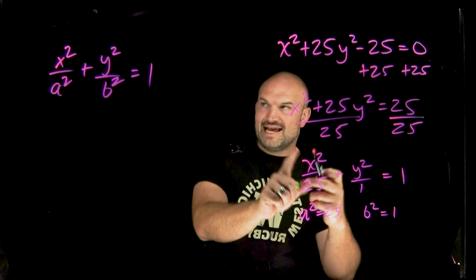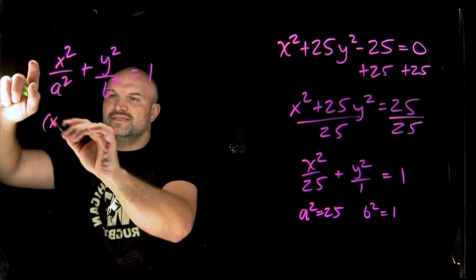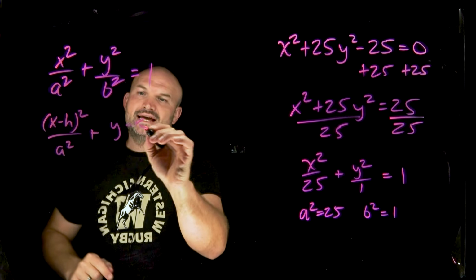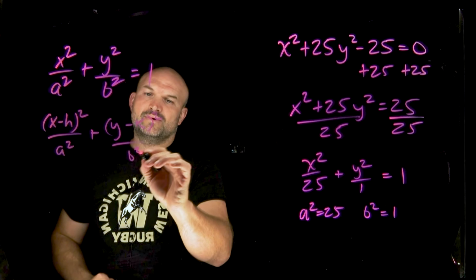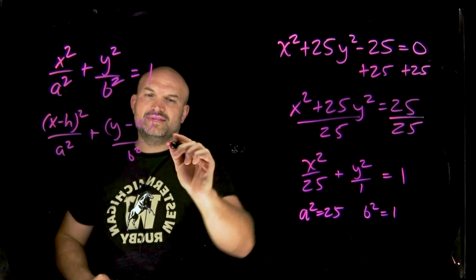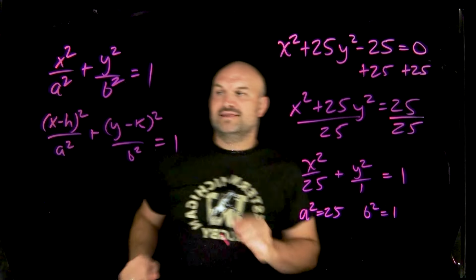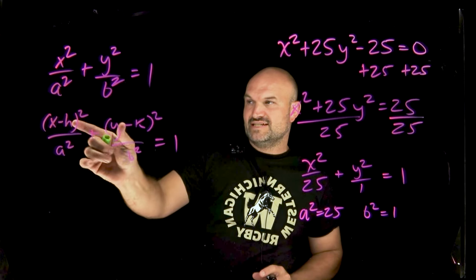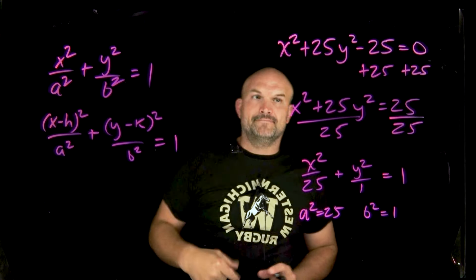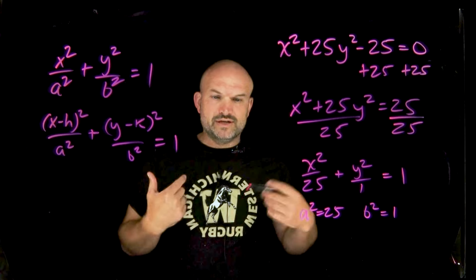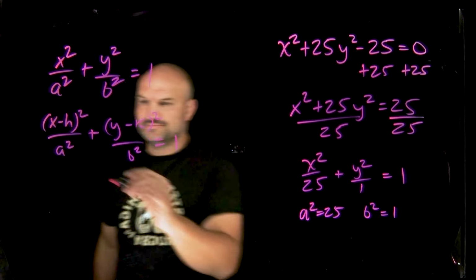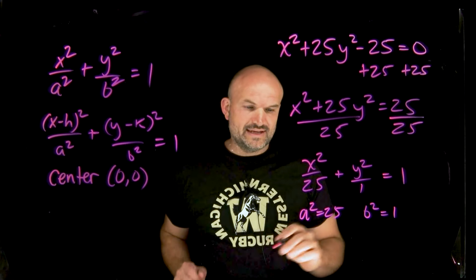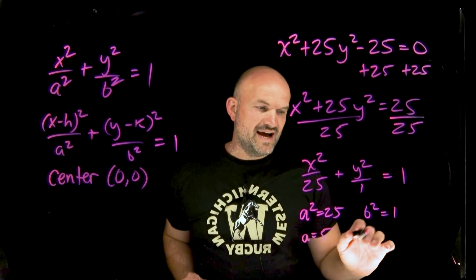Now, since I don't have any h's and k's, we're not doing this format: x minus h quantity squared over a squared plus y minus k quantity squared over b squared equals 1. I don't know why I wrote that plus, but that would be if our center was going to be off of the origin. We'd have a shift of that center. Therefore, your center would be h comma k. In this case, you can see we don't have that, so we know our center is going to be at the origin. And the important thing here is we can say that a is going to equal 5